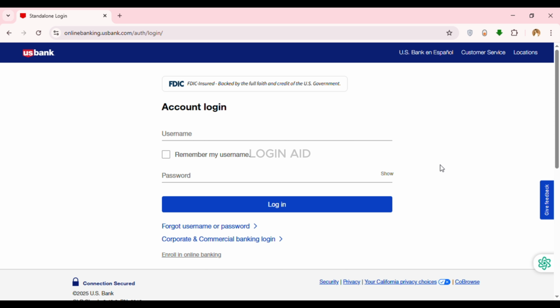If you want to do that, first of all enter your username. Click on the field of username. Now enter the username over here. Now similarly enter the password. If you have forgotten your username or password, you can simply click on this option, forgot username or password, and you'll be able to recover them. Now after entering the credentials, click on the login option that you can see on the screen. After that, you'll be logged into your account. So that is how you sign in to US online banking